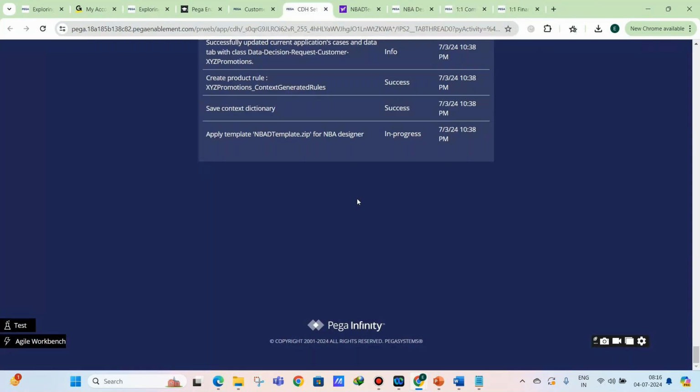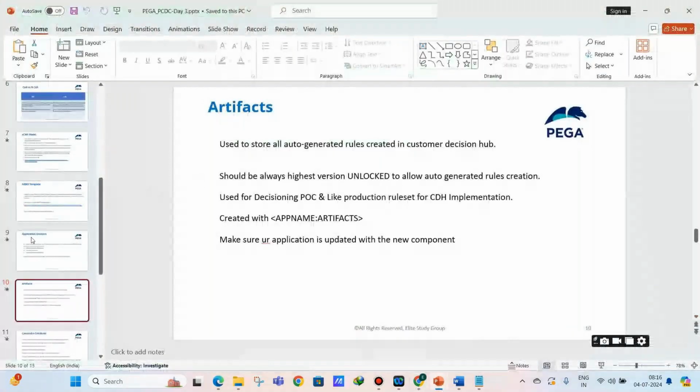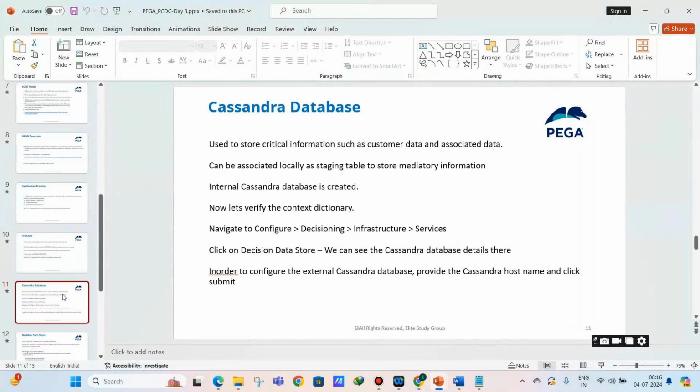Okay. So before we go to the wizard auto-generated rules, let us understand the Cassandra database also. So what is a Cassandra database? Basically, what is the purpose of that? So please remember that in comparison to PEGA BPM,